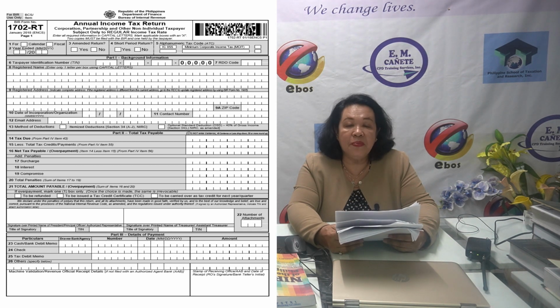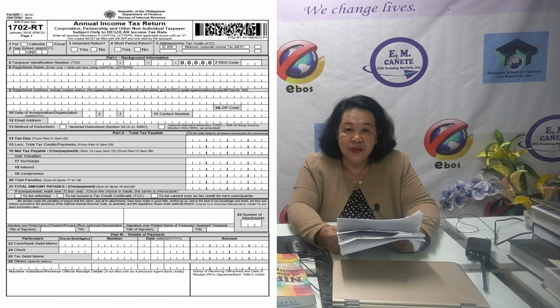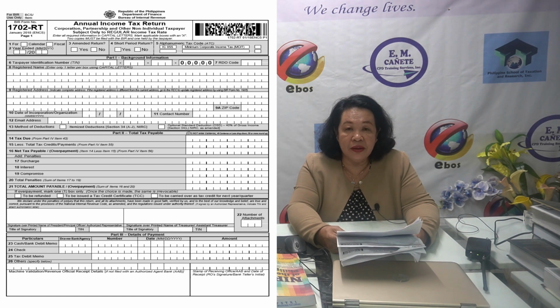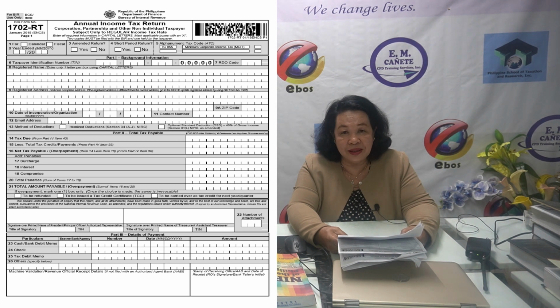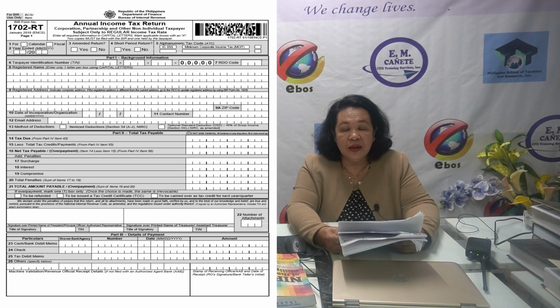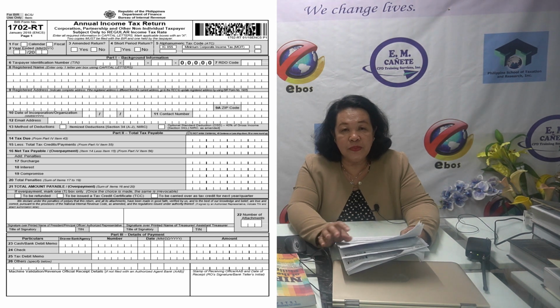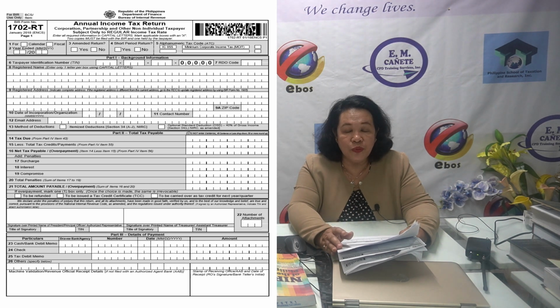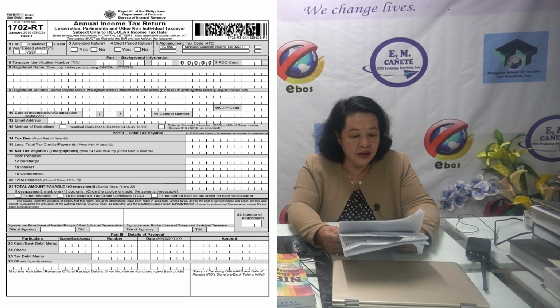If you cannot pay on the deadline because of COVID-19, because of the lockdown that we experienced, our original deadline is April 15, and it was extended by the government. So we now have the extension up to June this year. So even if it is past the April 15 deadline, still there is no penalty. But if we fail to pay on the new deadline of the government, then our tax payment will incur penalties.